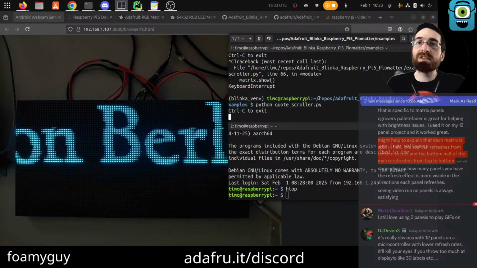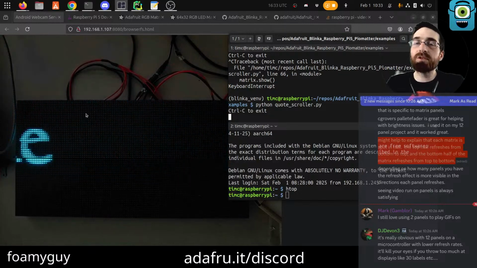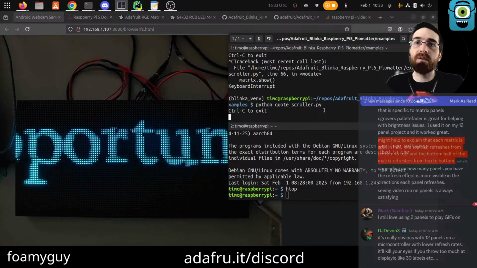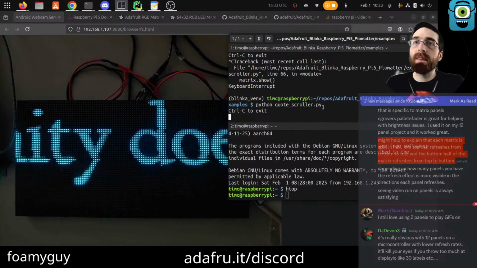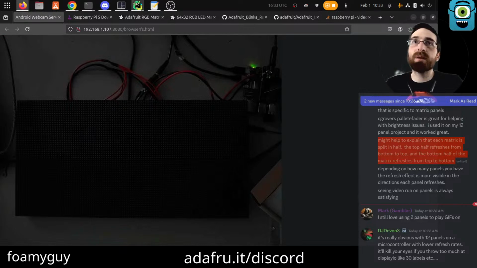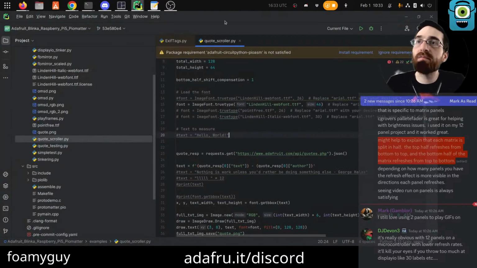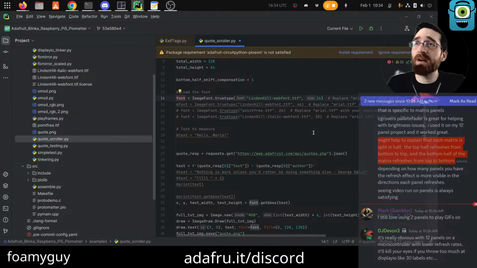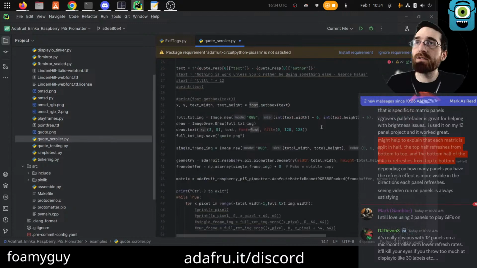Okay, one thing I will say too, though, if you go huge, then using the trick that I was just talking about to account for the off by one shifting of the top half, bottom half, that gets a lot harder if you do go huge. Because you need to do it on every row of panels, essentially. It's not impossible, but it would be a lot more gnarly in the logic.